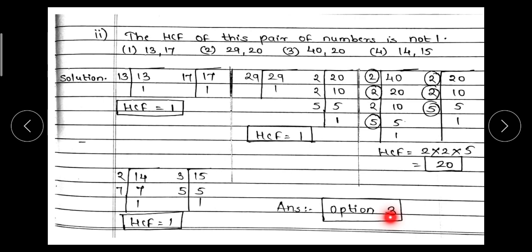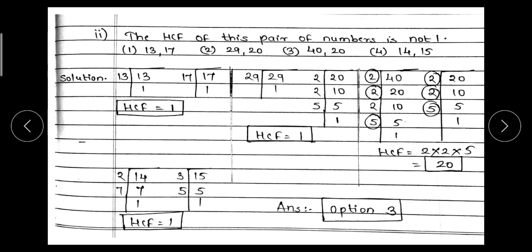I hope you all have understood question 1 of practice set 14. Yes, in question 1, 2 questions are there, so we have solved these 2 questions. Write the solution also. Again and again I am telling you all, write this solution also in your notebook. The way I have solved the questions over here, the same way you have to solve in your notebook. Clear?